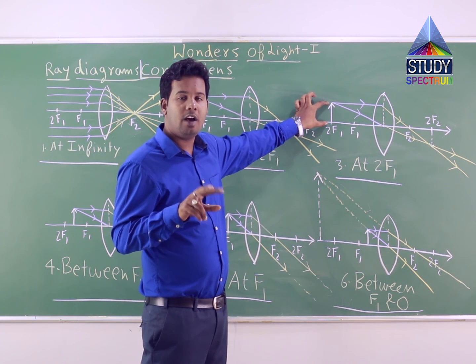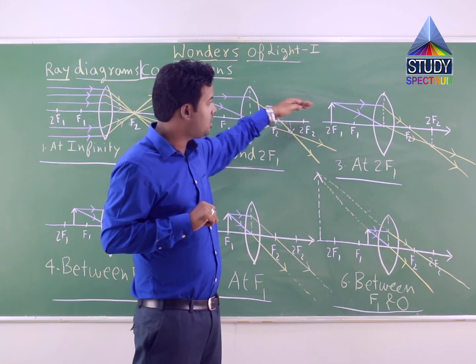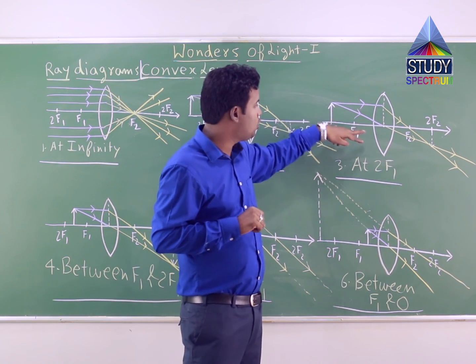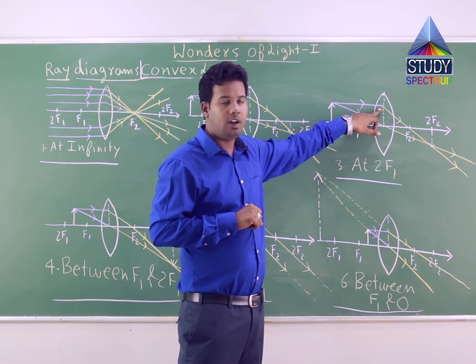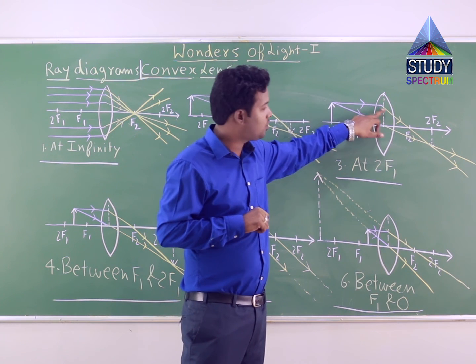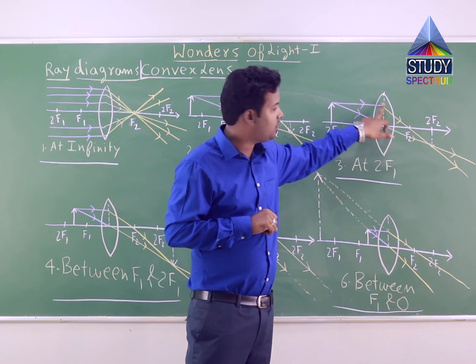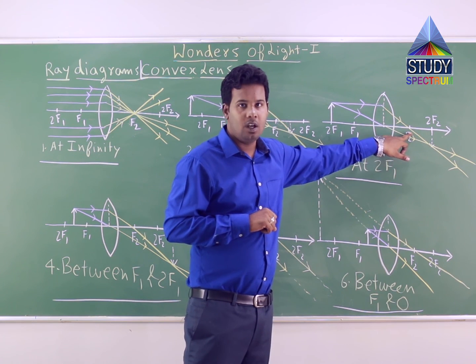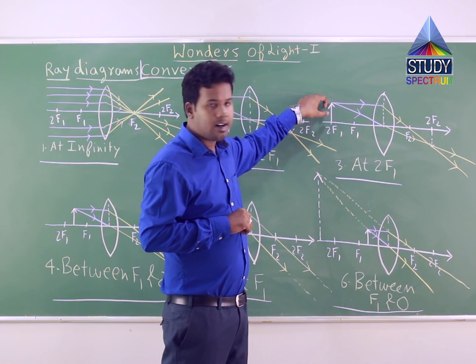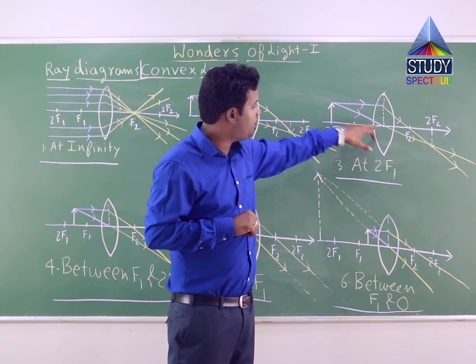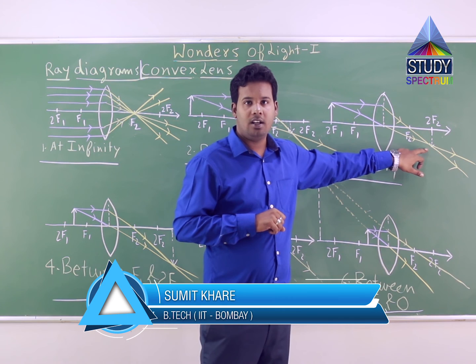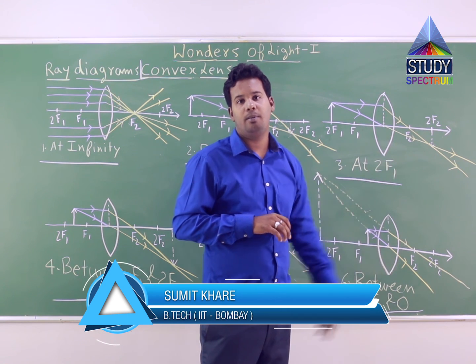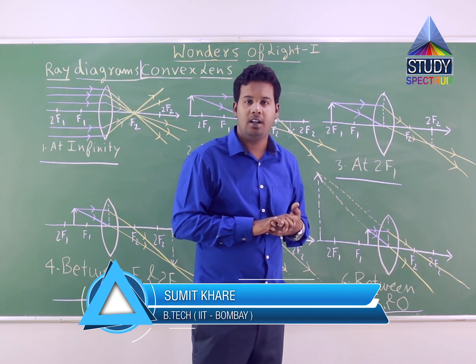And again we have used 2 rays. The first ray according to rule number 1 is parallel to principal axis. So after it hits this lens, it will refract, it will bend and will pass through the focus point F2, which you can see as this yellow line. The second incident ray is passing directly through the optical center, and the point where they intersect each other is actually the point where the image is being formed, correct?